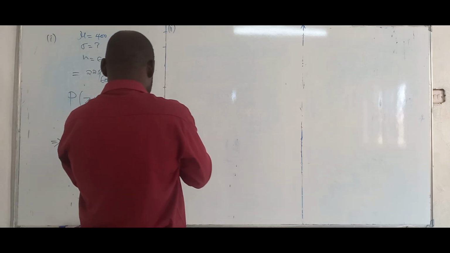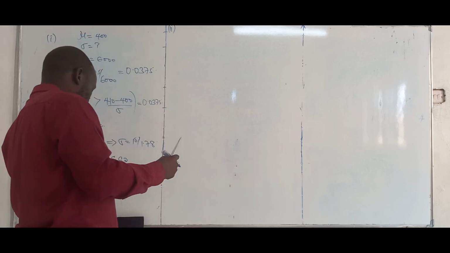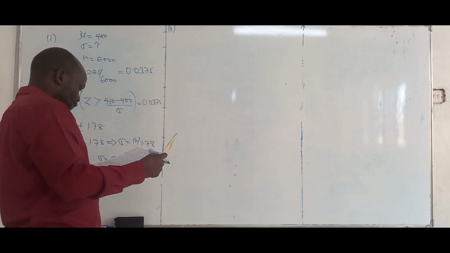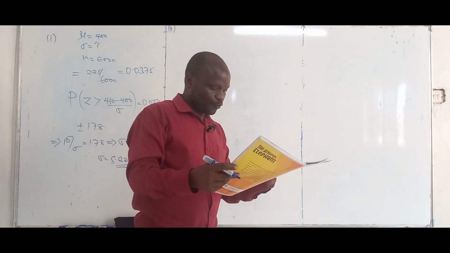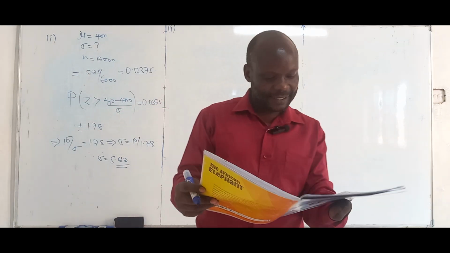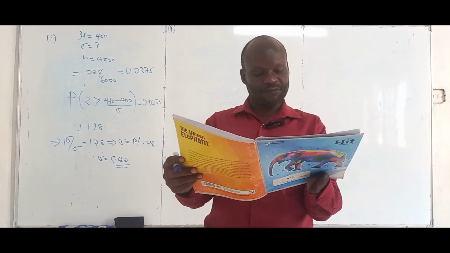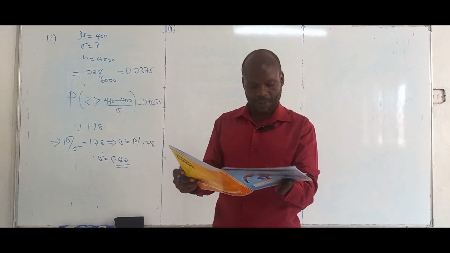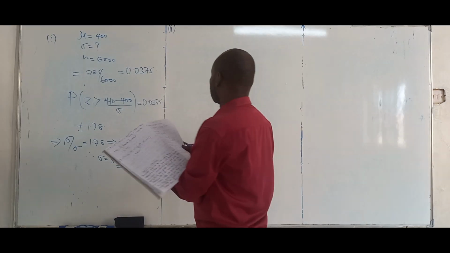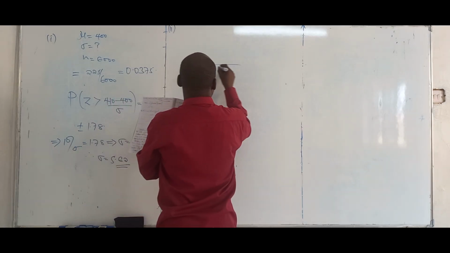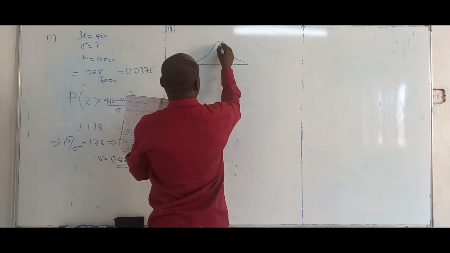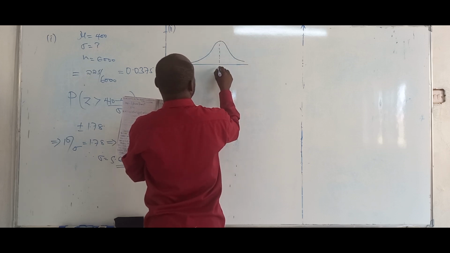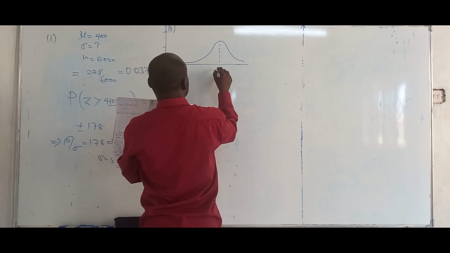Roman 2, the question is, in a random sample of 500 packets of this type of biscuit, how many packets would you expect to find with weights that are more than 1.5 standard deviations from the mean? Weights which are more than 1.5 standard deviations from the mean. Let's take a case. If this is the mean, let's say it's 400,